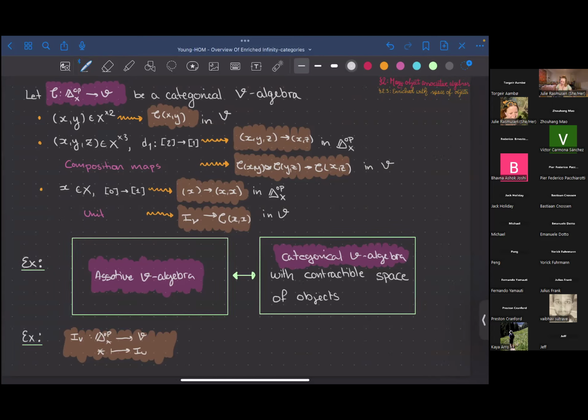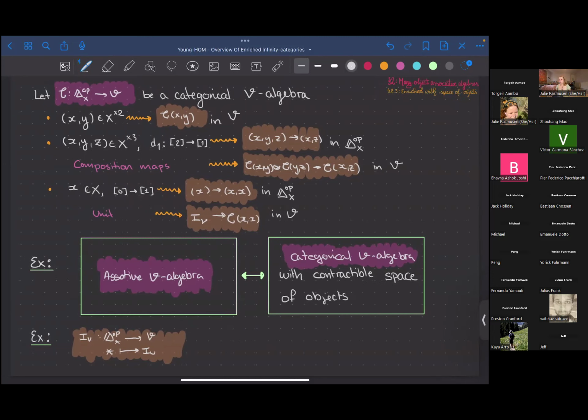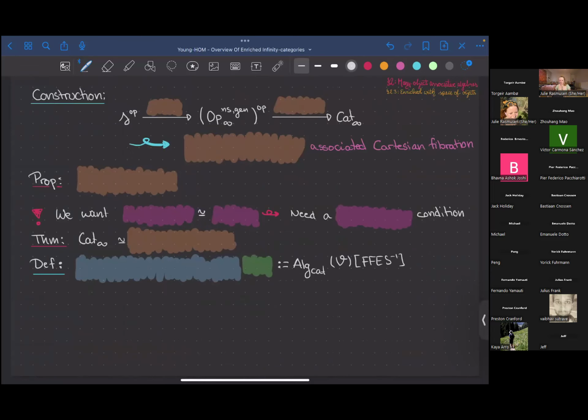But okay, so we can see here that by considering this Δ^op X, we get the correct kind of information that we're interested in. So now we would like to turn this into a category, so we can start considering the collections of these. The way we do that is by first noting that the way we constructed this Δ^op X was functorial in X. So we can consider this as a functor